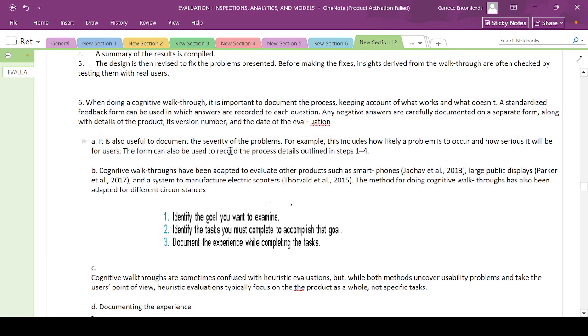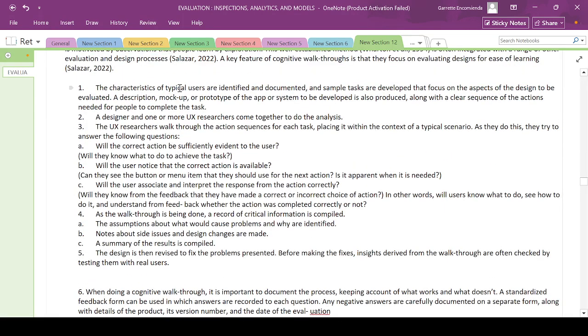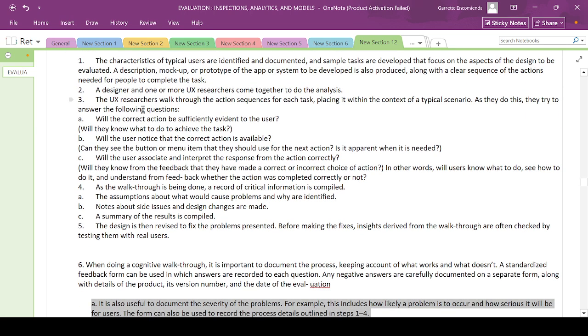It's also useful to document the severity of the problems. For example, this includes how likely a problem is to occur and how serious it will be for users. The form can also be used to record the process details outlined in steps 1 to 4, which are here: the characteristics of the user, a designer, the UX researchers, walk through the action sequence for each task, placing it within the context. As the walkthrough is being done, a record of critical